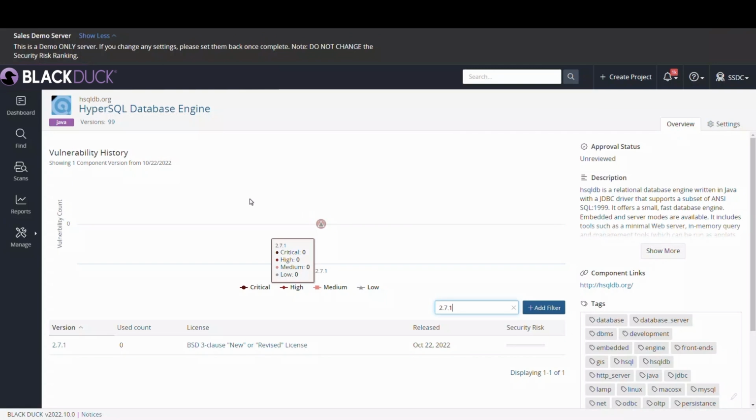Obtaining visibility of component health and viability before building them into your applications saves development teams from having to resolve issues later down the line, which means more time